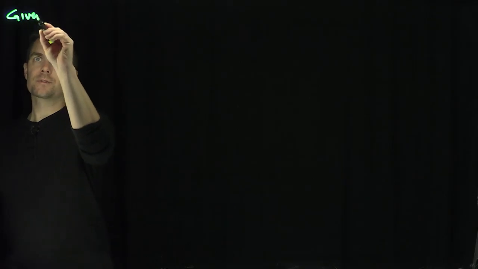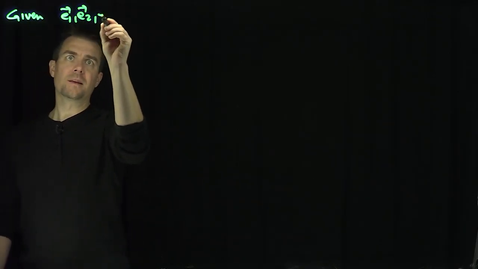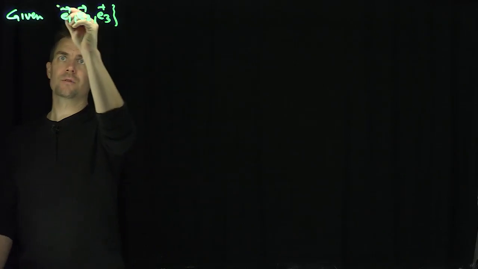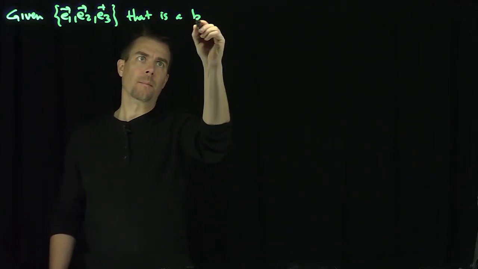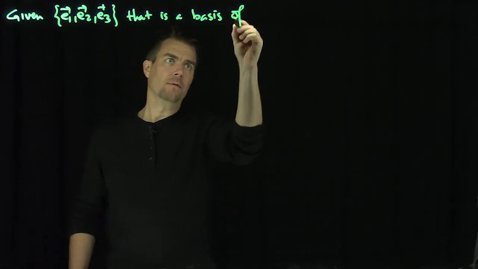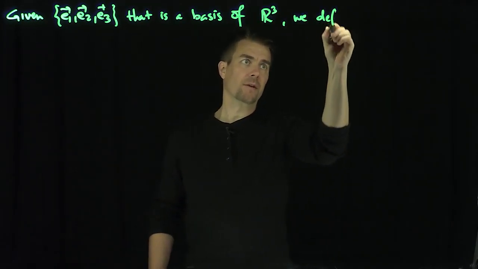Hello students, in this video we'll discuss properties of the reciprocal set of vectors for a given set of vectors. So recall that if we're given a set E1, E2, and E3 in R3, a collection of vectors that is a basis of R3, we define its reciprocal set of vectors